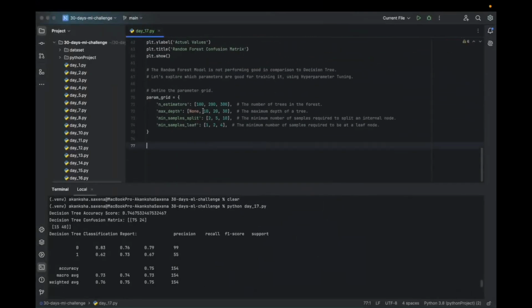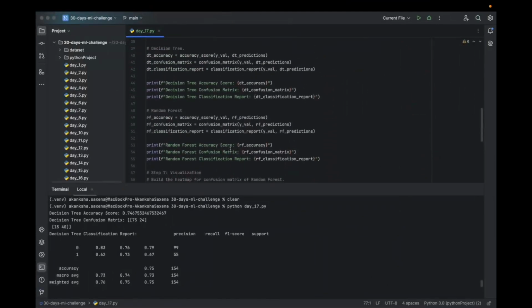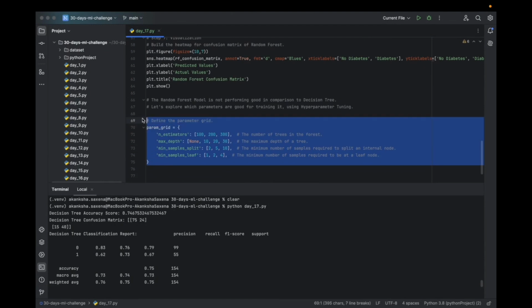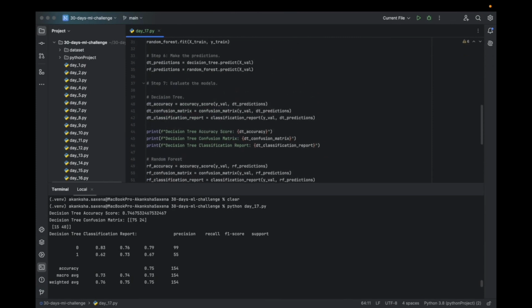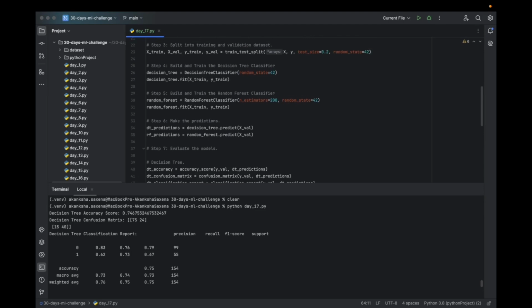We already have a random forest classifier, so I'm going to remove it here. Okay, no, let's keep it as it is